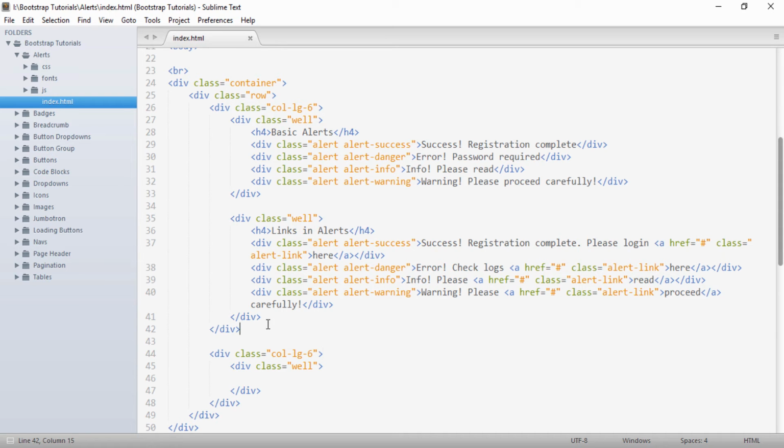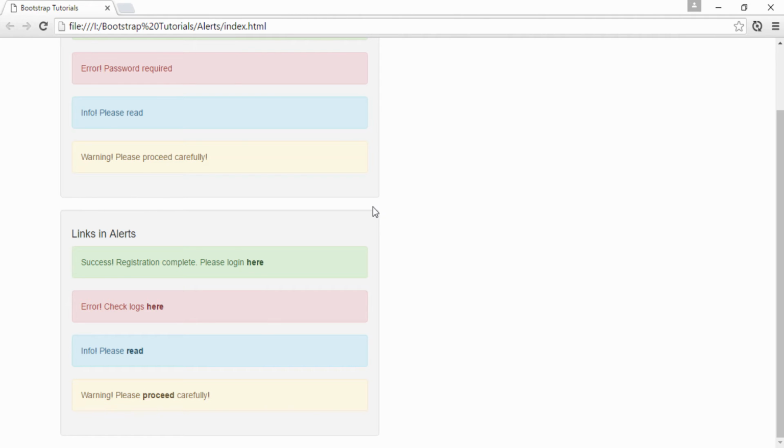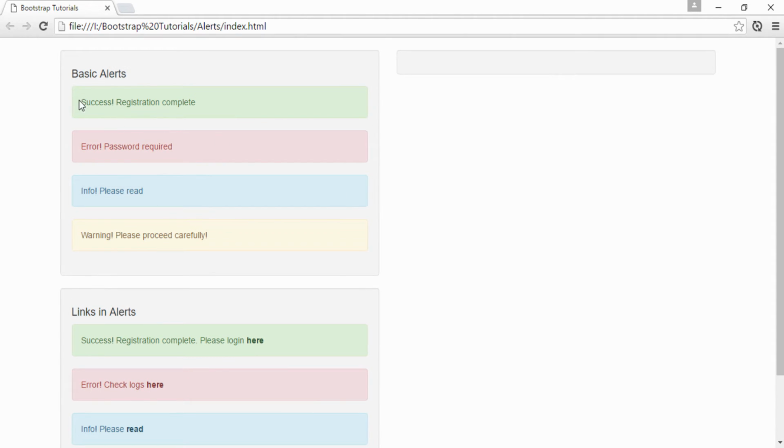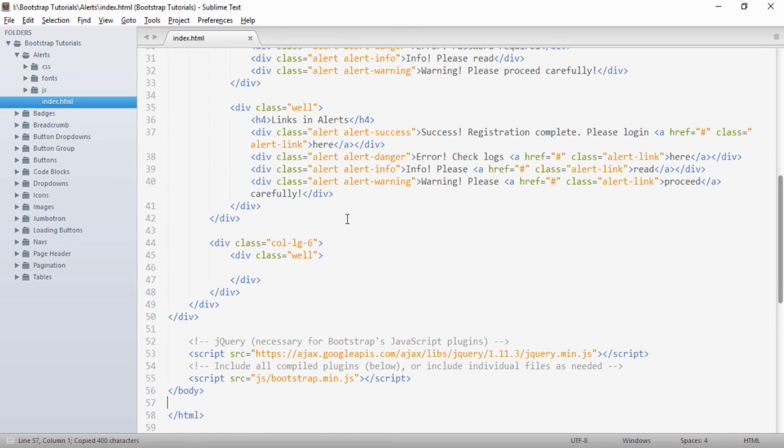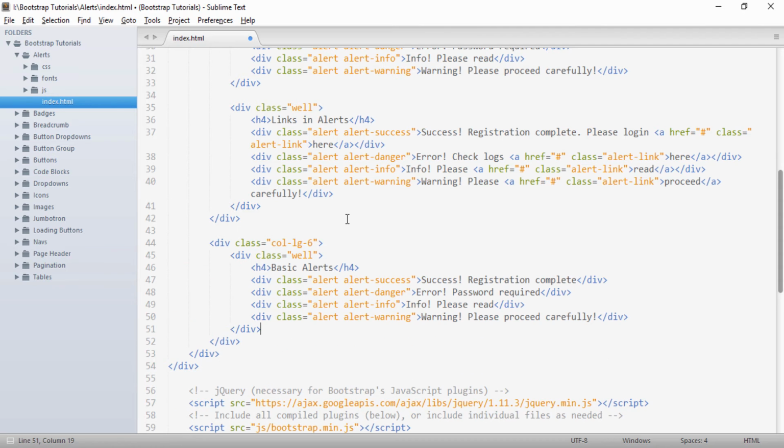So moving ahead, if you see these alert messages, once they have appeared, they cannot go back. But usually on a website, these alert messages are closable alerts. So currently these alerts are not closable. So we will see how Bootstrap provides support for these closable alerts. So I will go back to my editor. What I will do is copy this, and into my second column I will paste it, and I will give a heading to it as